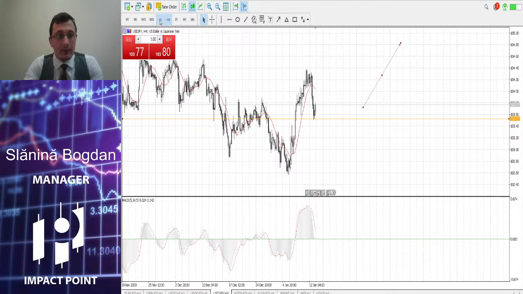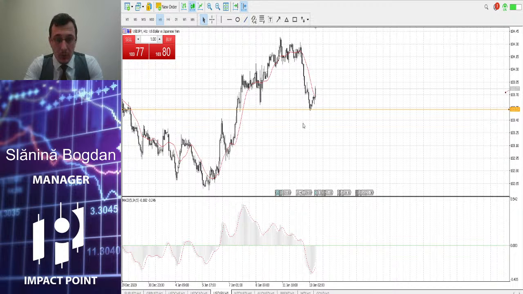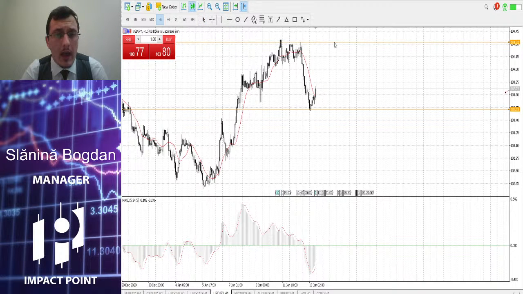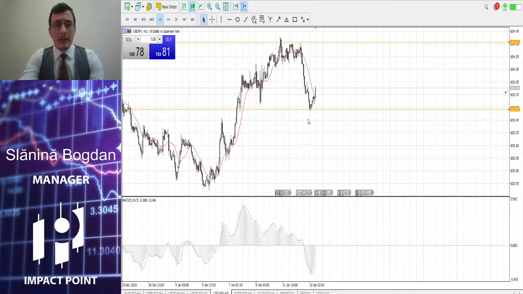But again, let's wait for confirmation. If we look at the MACD, at this rejection, and at the candlesticks, we see a good opportunity to buy until this level, and let's see how it goes. But again, if we put a stop loss here, it will definitely be fine.